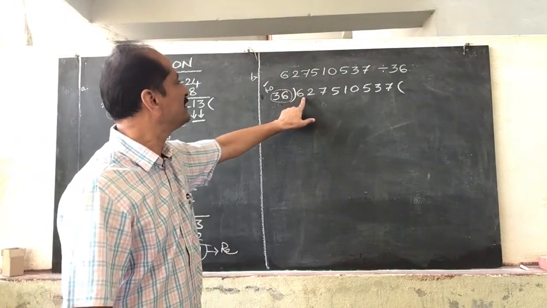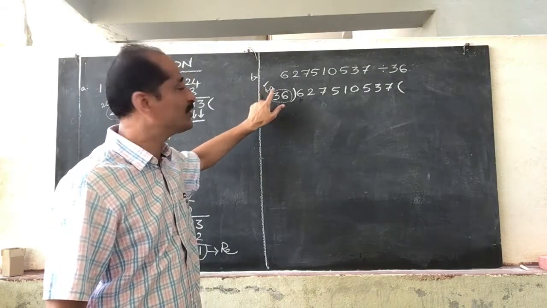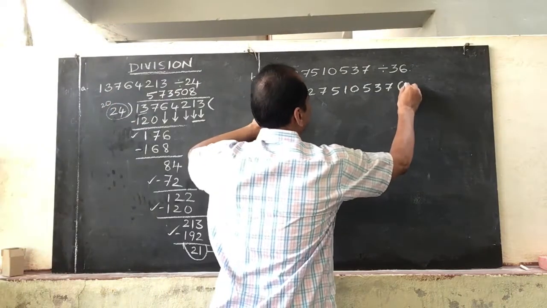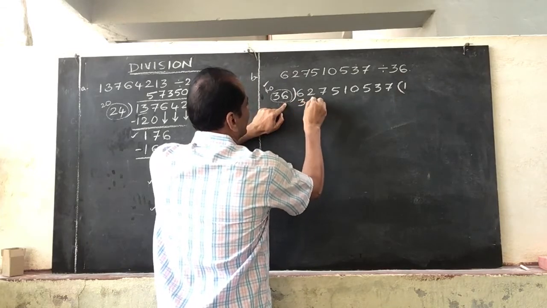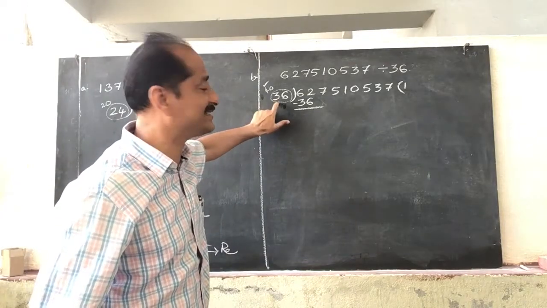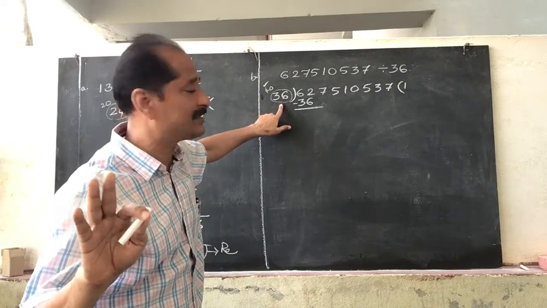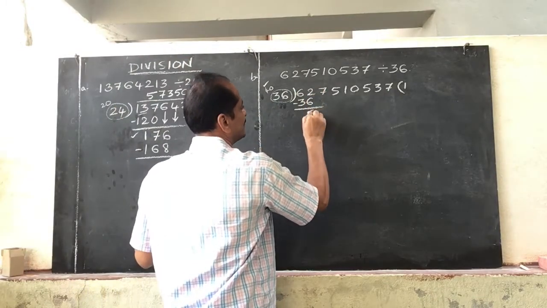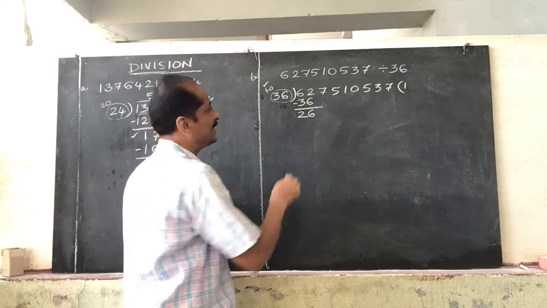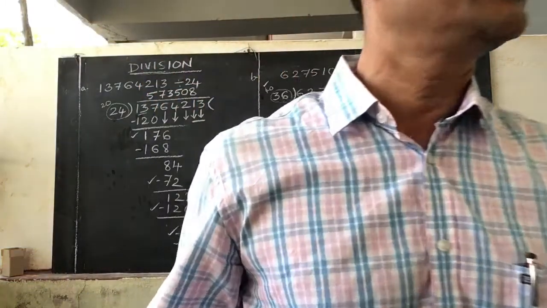ఓకే. Now in 62 we have only 1 four. That means in 6 we have only 1 four. So in 62 also we have only 1 thirty-six. That means 36 ones are 36. Remainder. Observe carefully the remainder. The remainder should always be less than the divisor. ఇక్కడ వచ్చే remainder 36 కన్నా తక్కువ ఉండాలి. అయితే నా step correct. Otherwise the step will not be correct. So now 12 minus 6, 6. 5 minus 3, 2. 26. Yes, 26 is less than 36. Then next, bring down the next digit, that is 7.